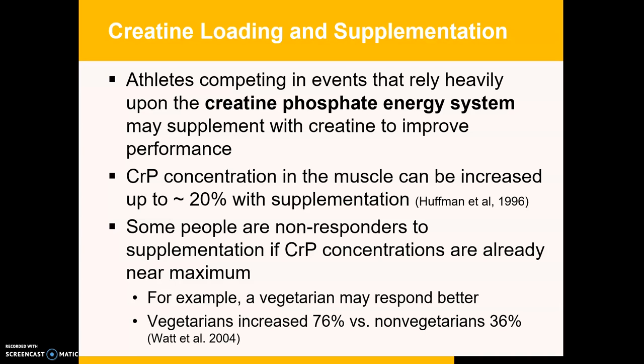Usually, athletes competing in events that rely heavily upon the creatine phosphate energy system may supplement with creatine to improve performance. The creatine phosphate concentration in the muscles can be increased by more than 20% with supplementation. However, some people are non-responders to supplementation if creatine phosphate concentrations are already near maximum. For example, a vegetarian may respond better. In vegetarians, the concentration of creatine phosphate increased 76% versus